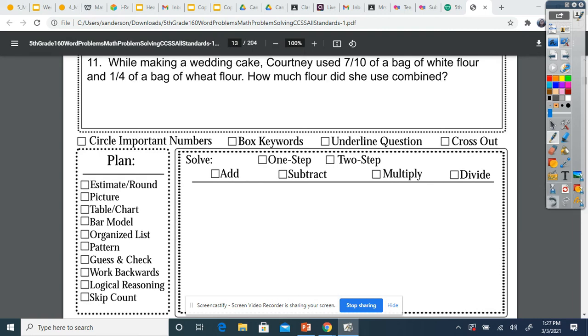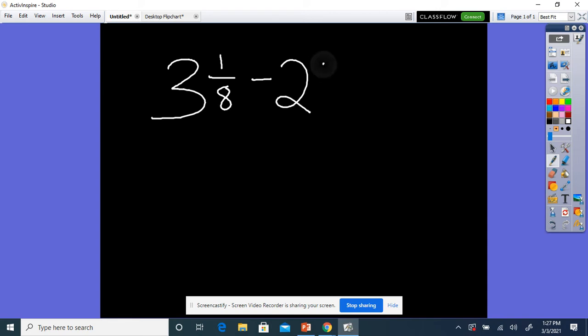Okay, next thing, I'm just going to pull up this blank screen. Next thing I want to go over is subtracting mixed numbers when you have to borrow. So if we have 3 and 1/8 minus 2 and 4/6. Okay, so my first step is I need to find a common denominator, so I'm going to list my